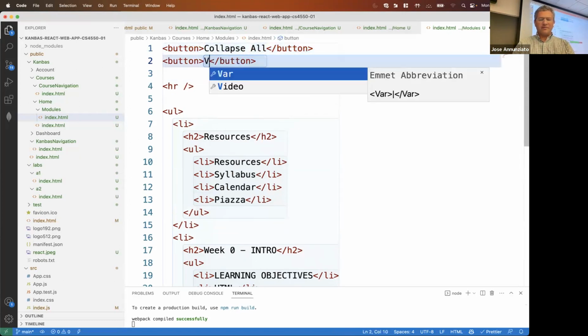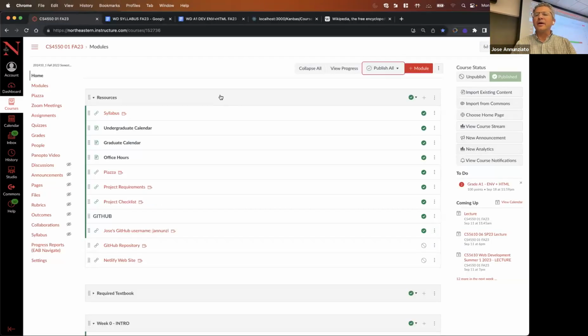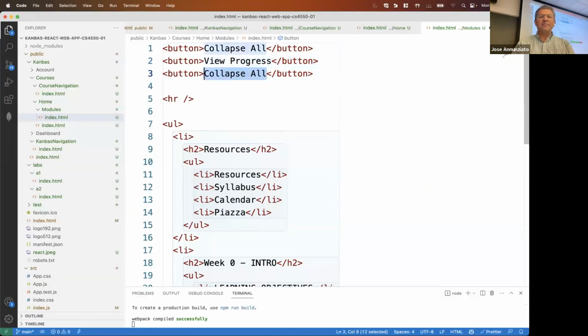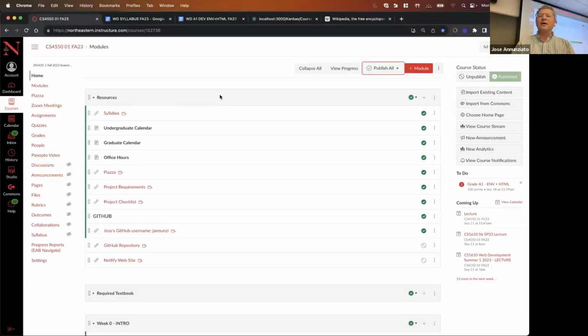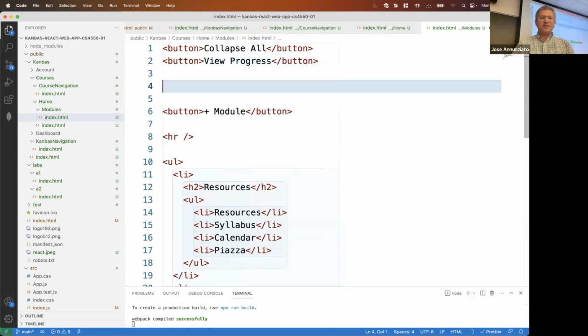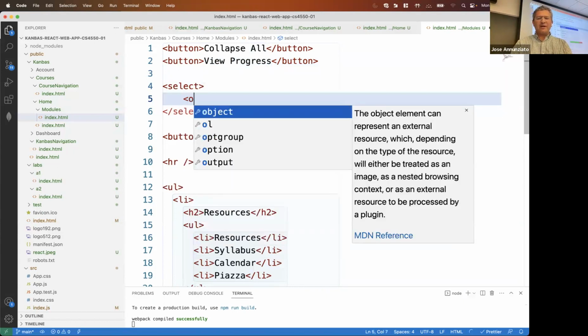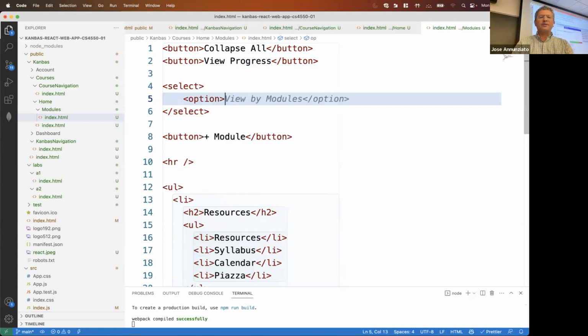And so this is a view progress button. And we have a module to add a module. So this is module. And we have this drop down, right? So let's create that drop down. A drop down can be implemented with the select option tag, select, which allows you to provide all sorts of different options from where you can select an option,